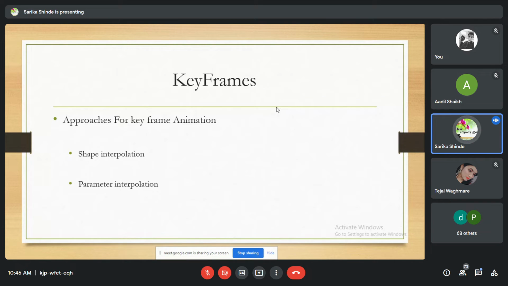Now we see approaches for keyframes. There are two approaches to keyframe animation. First one is shape interpolation and second one is parameter interpolation. The first approach derives in between frames by interpolating the shape information.